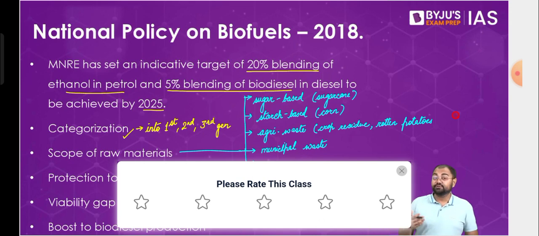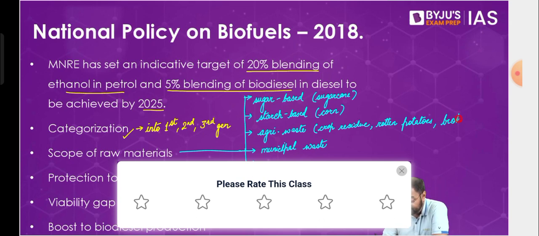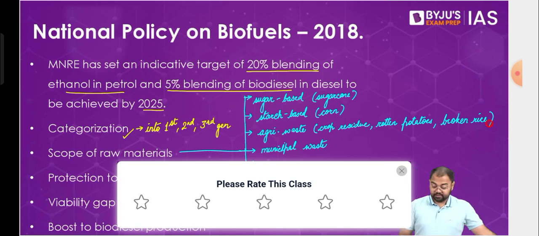So if they allowed the use of potatoes, then some potato that is being grown for consumption would probably be diverted towards biofuel production, and that may increase the cost of potato. That's why they have only mentioned rotten potatoes or broken rice, because rice is also a good source of carbohydrate. Broken rice is the one that is not sold in the market. Specifically, rotten potatoes was mentioned in the policy document. So thankfully this inclusion means that these rotten potatoes, instead of going into your samosas and dosas, will start going towards biofuel plants.